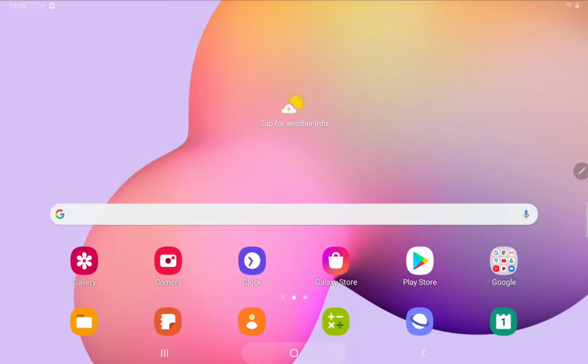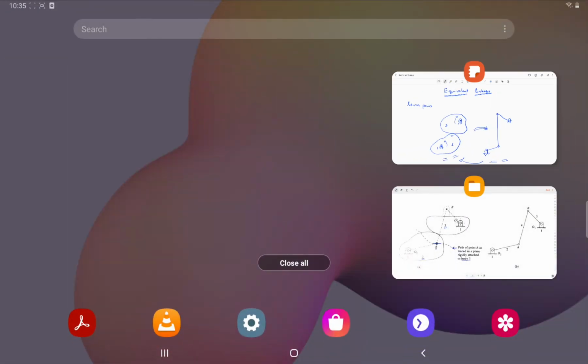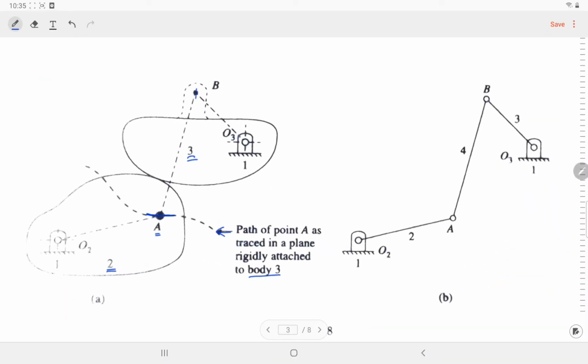and that will result in a point B. Now what you have to do is introduce a link, just convert this link 2 like this, and convert link 3 which goes from this point to point B, and in between put a new link. So that's how you can construct, and both the things will give the same answer.